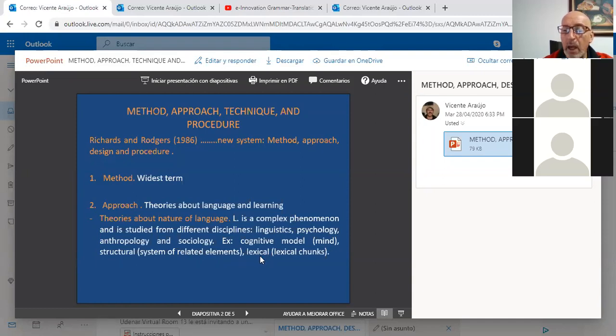And finally, lexical. Lexical is another model to try to explain this phenomenon of language. Lexical says that there are a lot of lexical chunks. Lexical chunks are pieces of language. Language is made of pieces, lexical chunks. Everything is done with them, they say, in language. That's why you say,